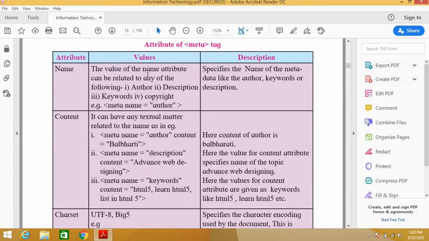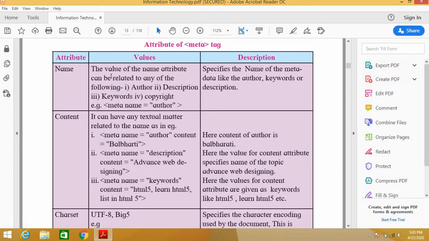So let's see the attributes of the meta tag. The first attribute is name. Three things are given over here: attribute, its values, and then description. The first one is name. The value of the name attribute can be related to any of the following: author, description, keywords, copyright.